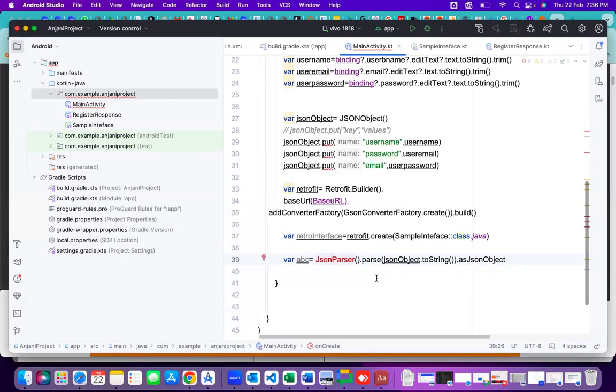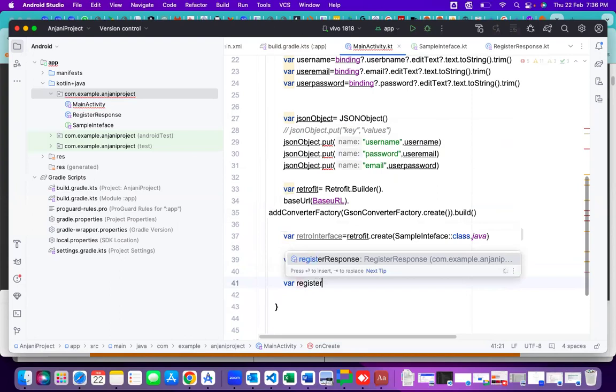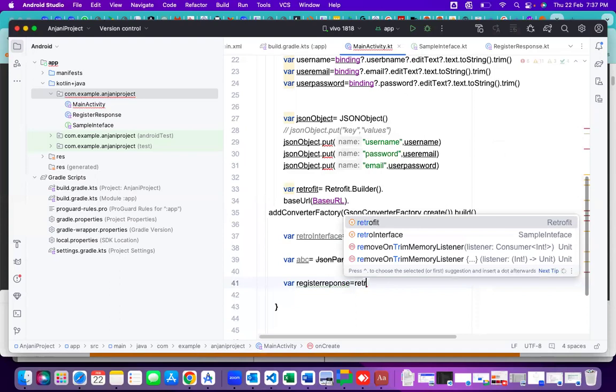After that, there are the last 2 steps, and the program will be complete. I want to create one response class, so here I'm creating the register response. Whatever the register response is, I have to capture here with reference to this interface. In the interface we pass this because from the interface only we are calling that method, right? So I'm calling here the retro interface